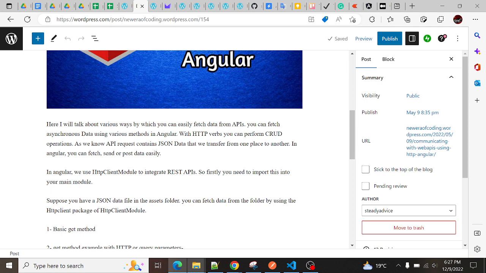So what are APIs? APIs are the data that we are using. It is asynchronous in nature. So to save the data, to get the data, to fetch the data, we use the APIs. So it is a big thing. So in Angular,